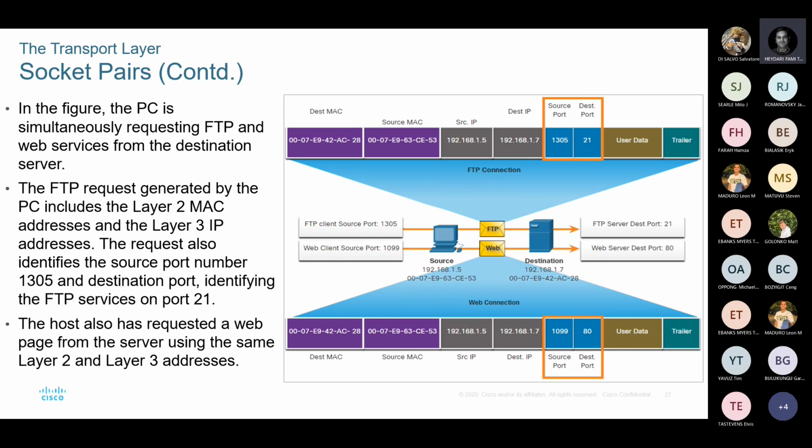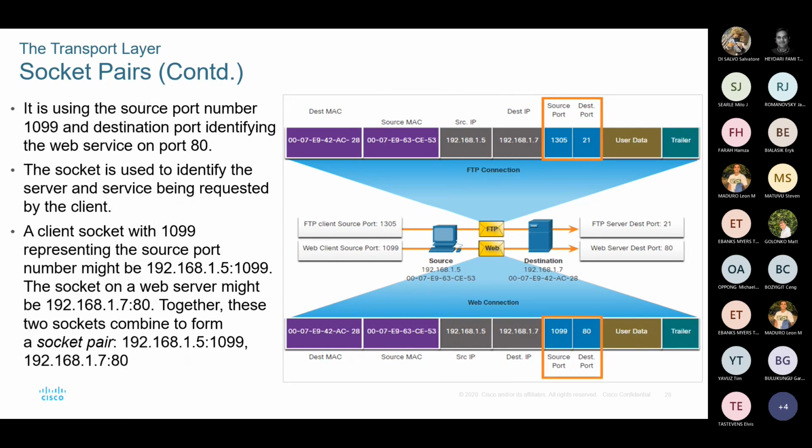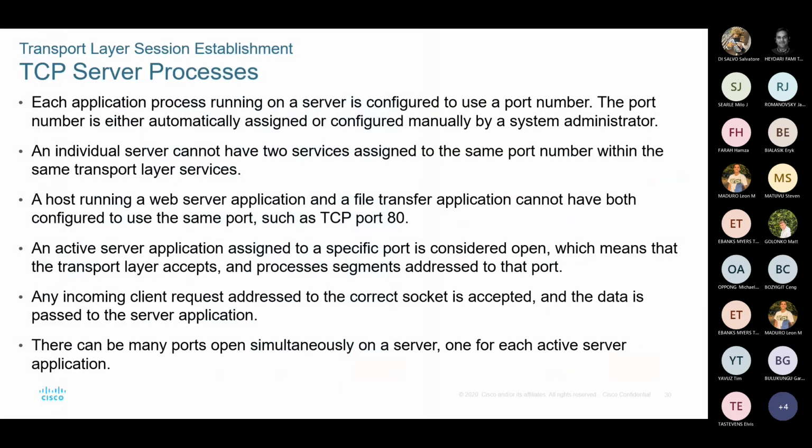Pay attention to the source port number. Source port number, most of the time, is going to be randomly generated. Because at the end of the day, you may have 10 browsers or 10 pages open. So how to distinguish them from each other through transport layer? By randomly generating source port numbers. But destination port number is fixed. Either you're talking to a web server, or to an FTP server, or to an email server, etc. When you want to communicate TCP,